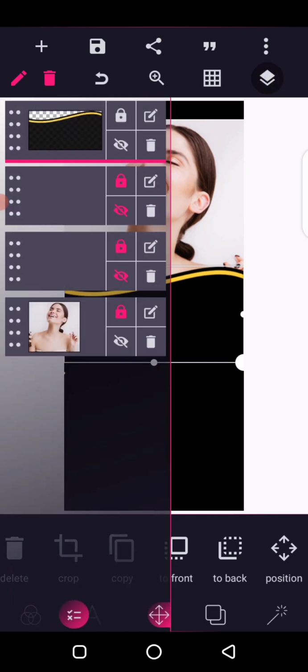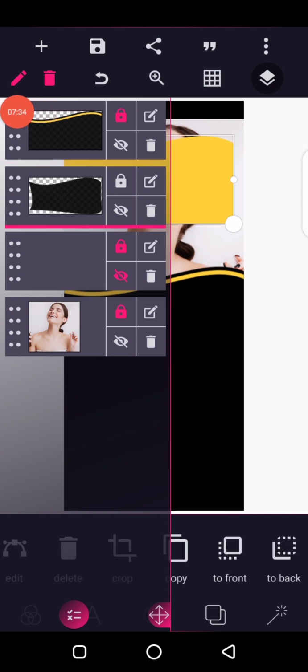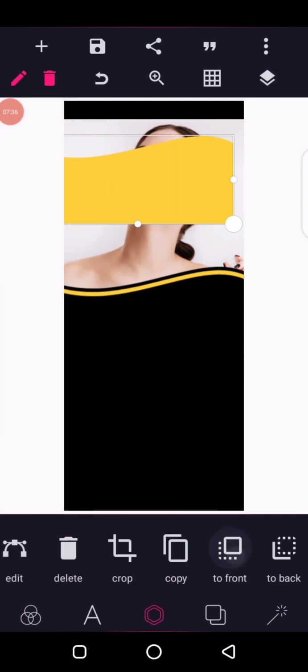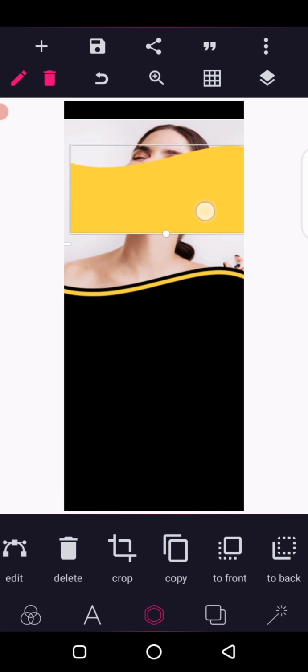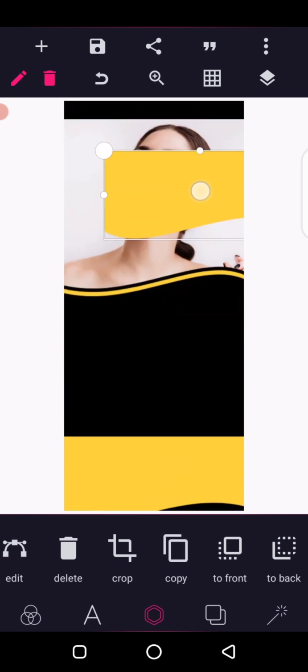Then click here and lock it, unlock this shape. Okay, then bring it on top like this, select it. Okay, then come here to front. You can see now. So we are going to rotate this particular shape, rotate it like this. Okay, but before that, copy it again and leave this one. We are going to work with this one,